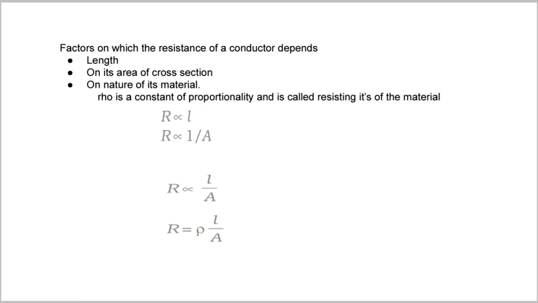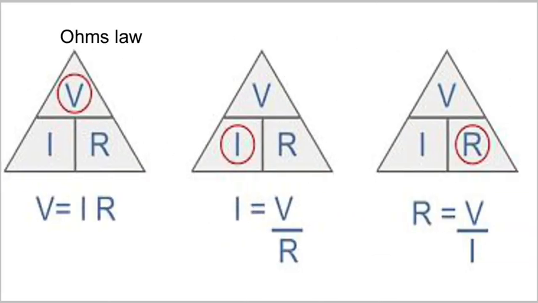So we completed EMF, we completed resistance, we completed what is current and why it is flowing. Next is Ohm's law. When we start with Kirchhoff laws, which will be in the next lecture, we will be using Ohm's law a lot of times. So I want you to remember V is equal to IR by this simple trick of triangle, that is VIR. If you want to calculate V, it will be equal to all the remaining parts of it. So V is equal to IR. If you want to calculate I, it will be given by V by R. If you want to calculate R, it will be given by V by I.